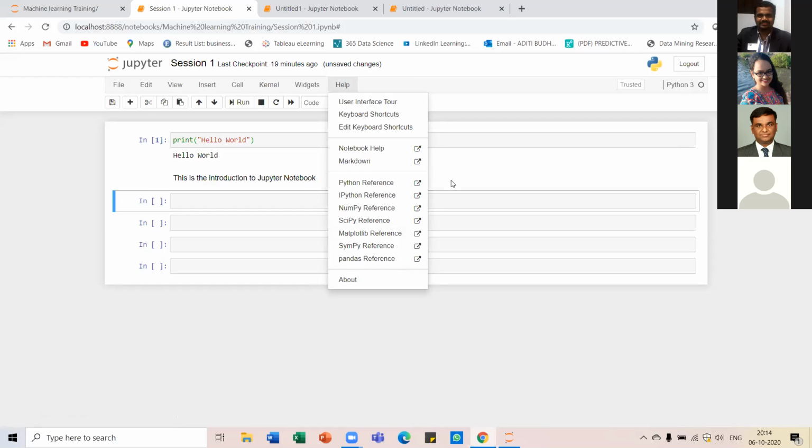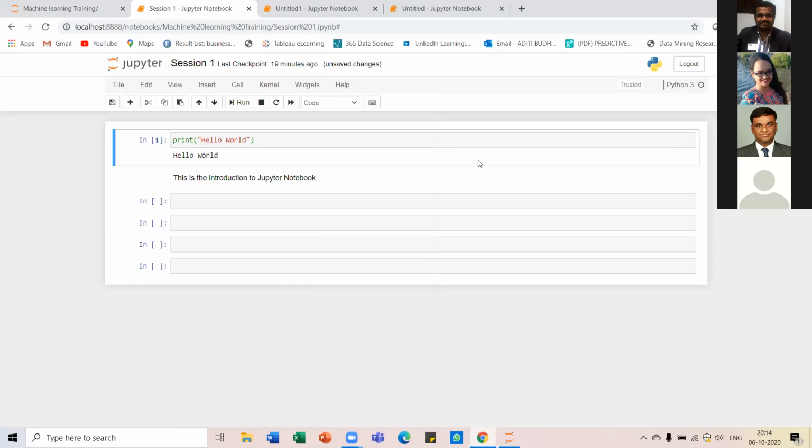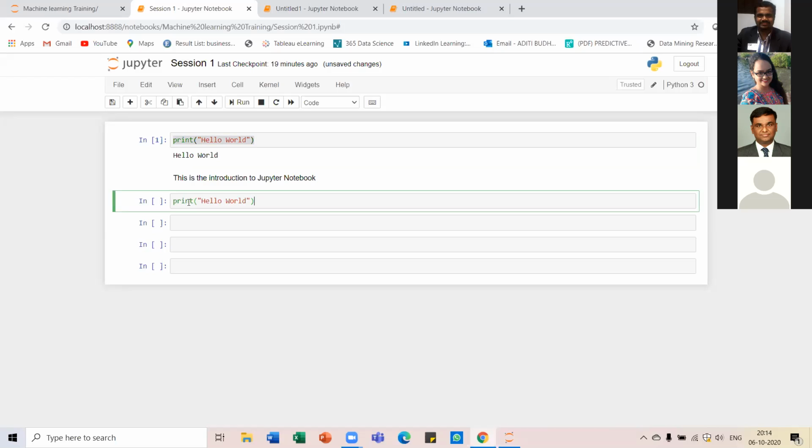Nandu has a question: whatever Aditi has shown, it's a cut tool to paste in any other place. Yes, boss. If you don't paste it, it's a delete, to put it in simple terms, Nandu. That's all we are trying to say. And you can also use the traditional method of copy and paste. Just select this, press Control and C, and you can paste in the next cell also. Or if you want to delete it, just select it and press delete.